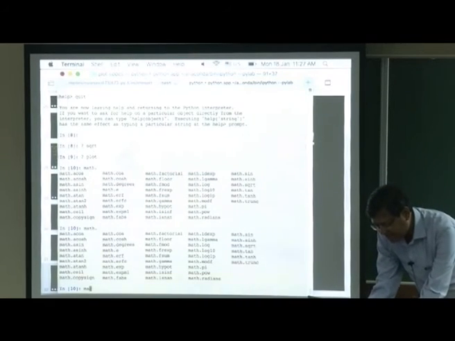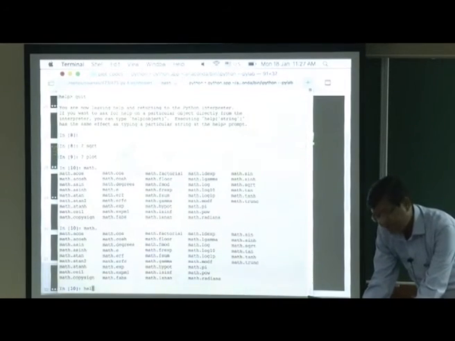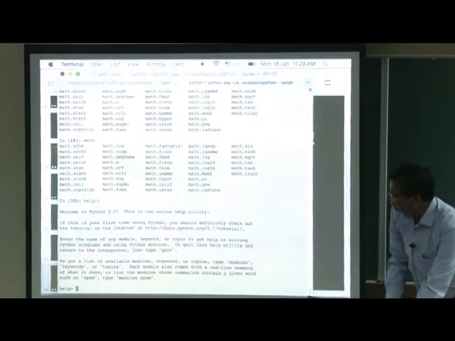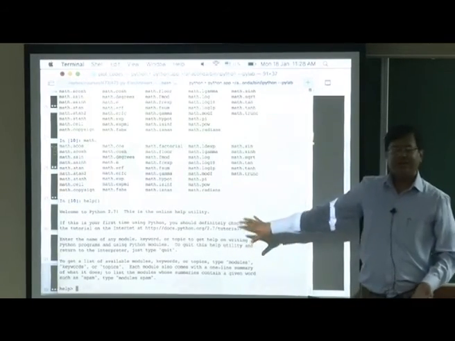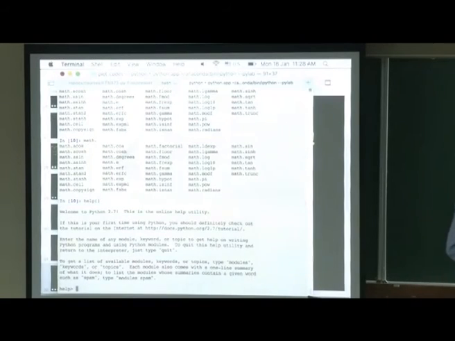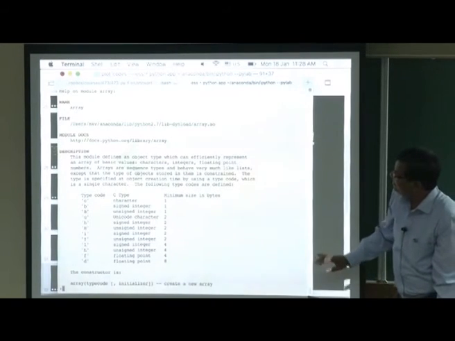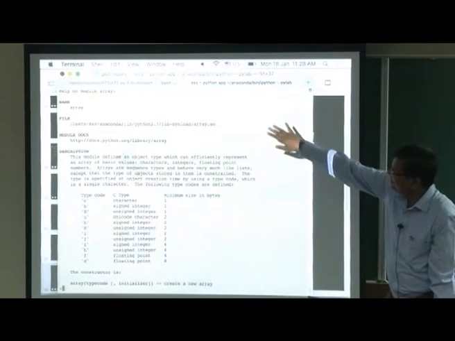Now, there is another thing called help, online help, this I believe will require internet. If I press help and give the name, I can now get help on the module. The help I just showed you before will not tell you about array, what the object does, what the module does, but here if I just say array, it tells you all about the module array.